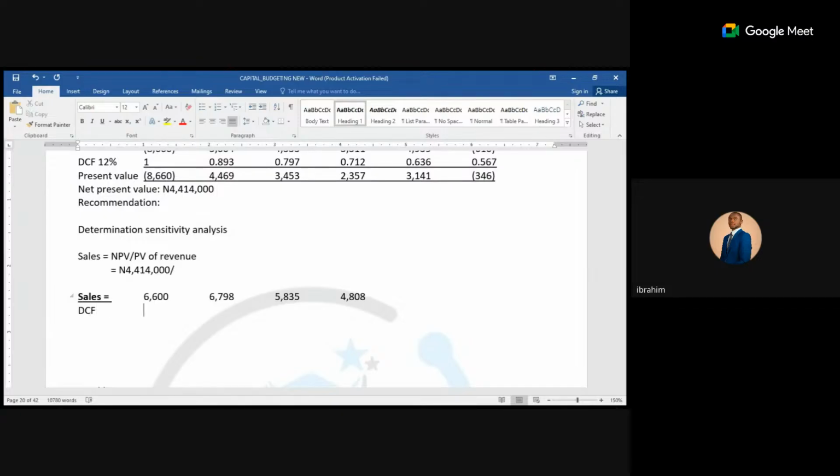Then you have the first year is 0 point something here. Let me copy this. Present value, you can just copy this, down to the last year, 1, 2, 3, 4. So what is the present value? Multiply. What do you have, class?